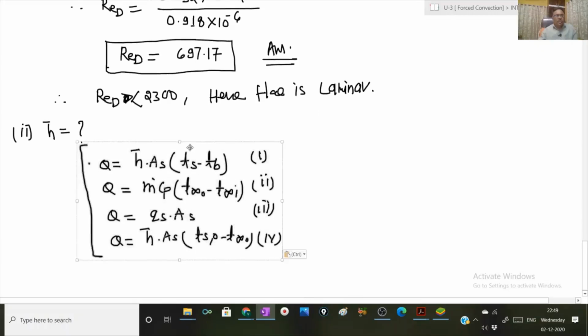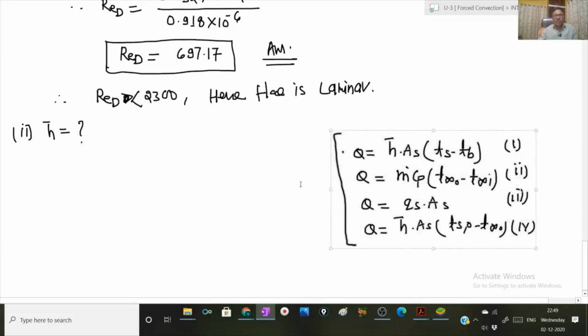All these formulae are to calculate heat transfer rate. Q is equal to H bar As into Ts minus Tb. This is nothing but Newton's law of cooling for internal flow, where Ts is surface temperature and Tb is bulk mean temperature. Another way I can calculate heat transfer rate by m dot Cp T infinity O minus T infinity